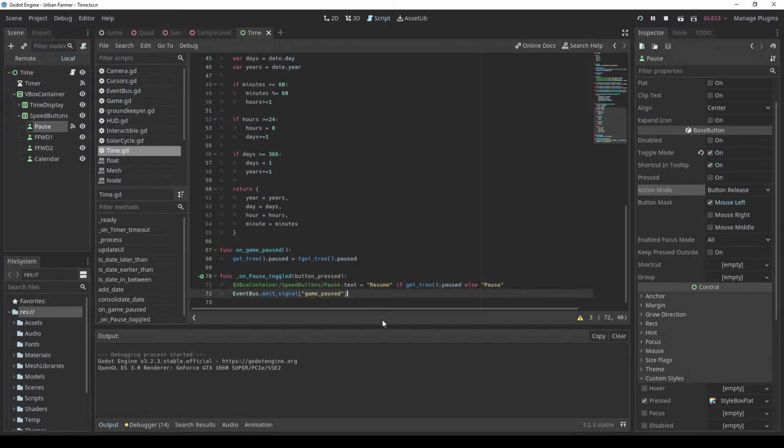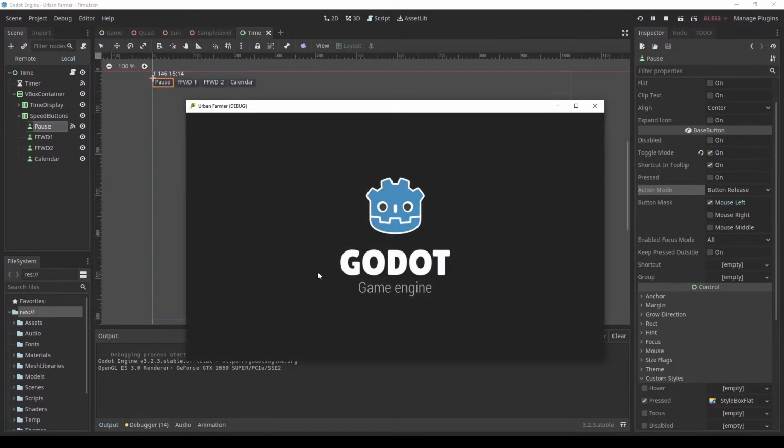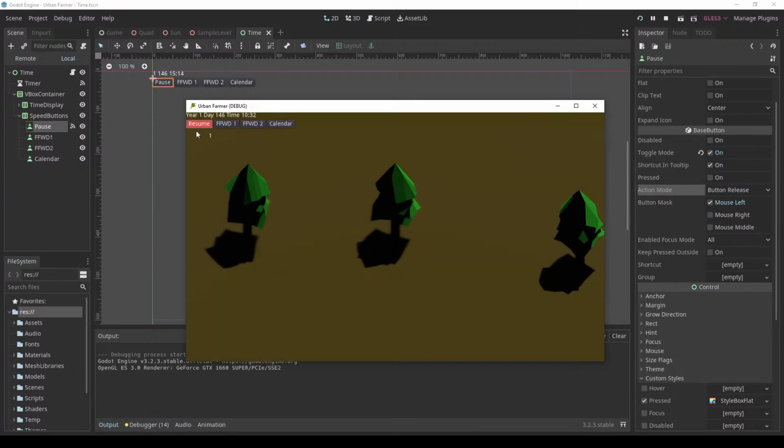Because I haven't actually told this yet. First pause the game, so this works with the button click. Let's see if it works with the